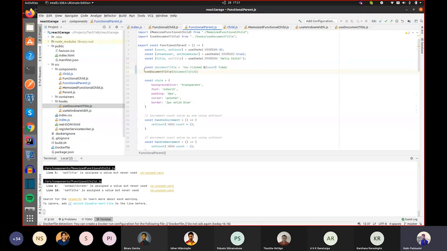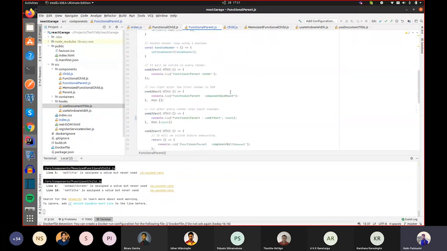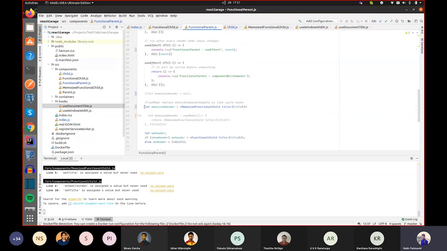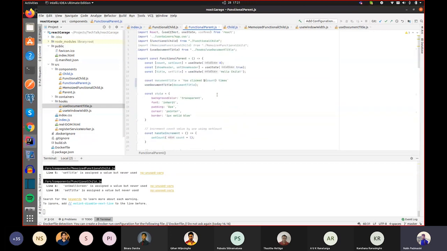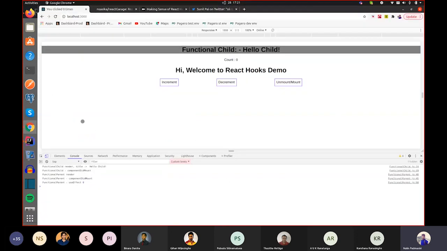I have used this. I will remove this. Here I have called this useDocument hook, imported from my hooks package, and initially this variable has the value you clicked count. Let's see what happened.